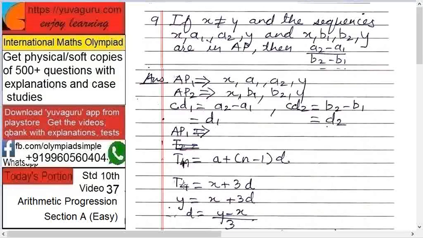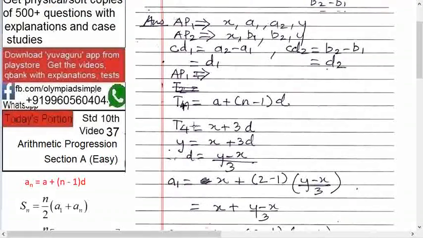So T4 equals, T4 means A plus, what is A? X over here. X plus 3 into d, right? Okay. But T4 we know is y. Therefore y equals x plus 3 into d. Okay. Therefore d equals what? (Y minus x) upon 3, right? Okay. Therefore a1 equals x plus